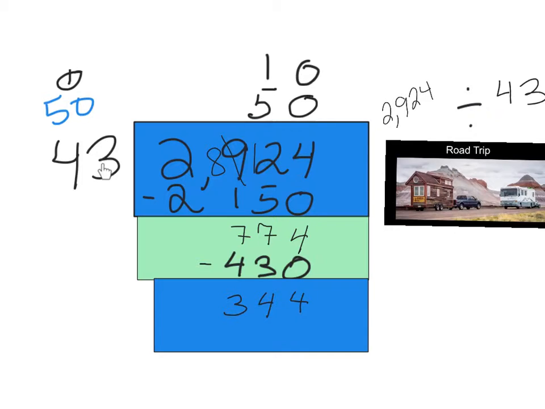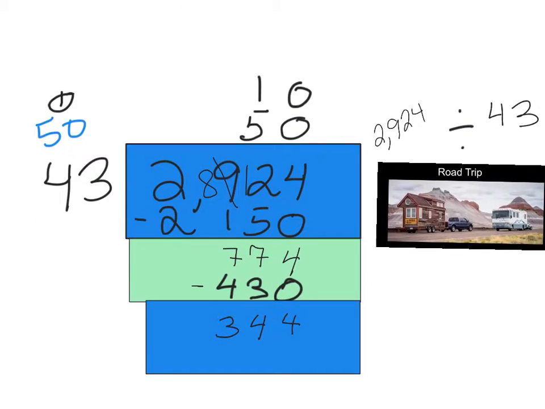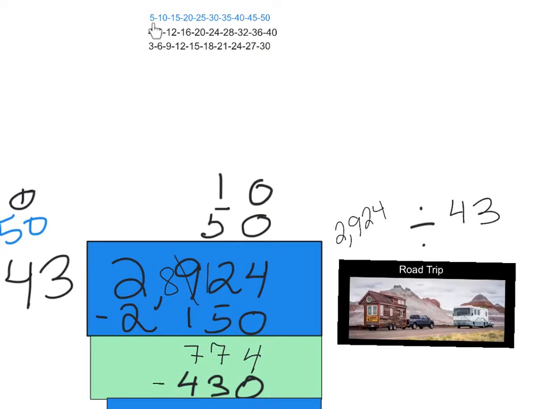So now I'm trying to figure out how many times 43 will go into this 344. I'm going to use the 50 as my estimation, right? Just like it did last time, which means I need a little bit more room here. And remember, I'm working with 344. So let's move up a little bit. And remember, there's a 0 behind each of these digits. I've got 50, 100, 150, 200, 250, 300, 350, which is a little too much. So we're going to come back here to 300, which means I'm going to multiply by 1, 2, 3, 4,